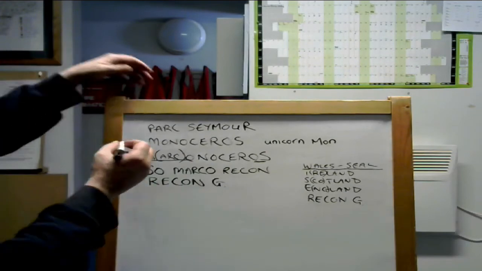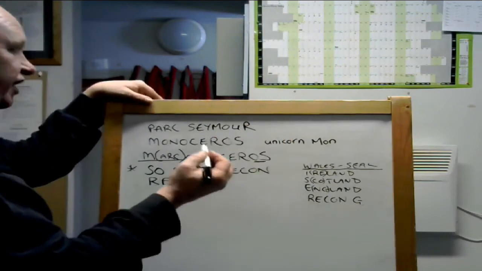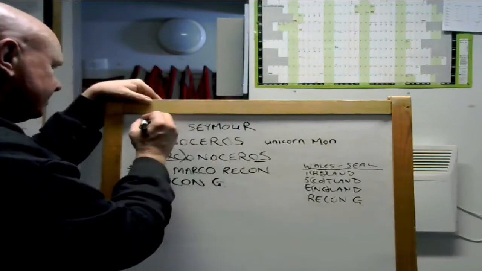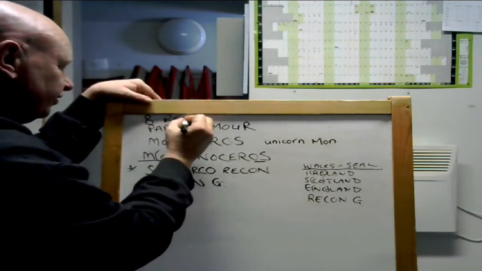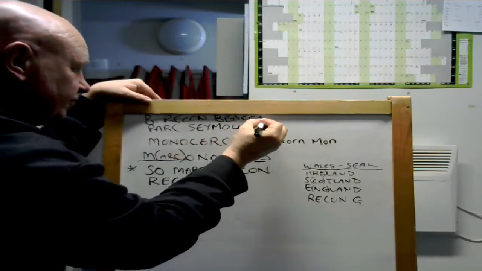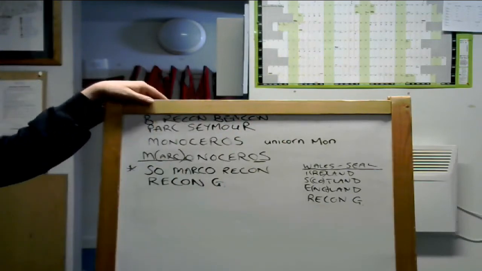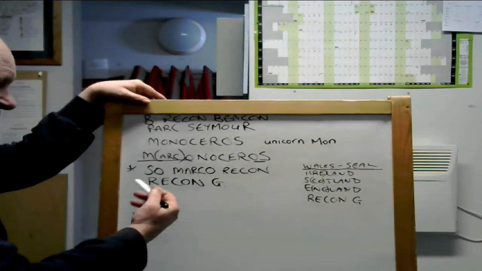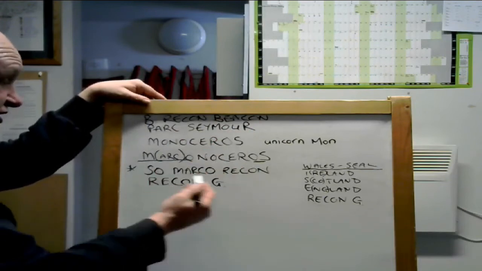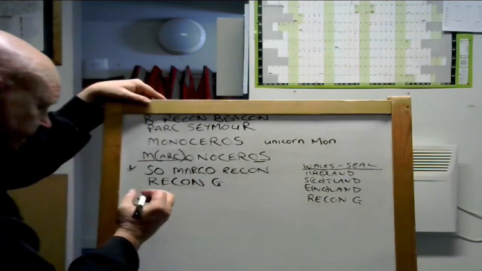Okay, and bear in mind as well, this all started when I noticed that Mount Sinai was actually Mount Sinai and a B Recon beacon. So as well as these, what started all this off is the B Recon beacon, or the Brecon beacon, that Moses followed to get to the Mount Sinai. The Sinai was the beacon shining on the top of the mountain, basically on the Brecon Beacons. So Marco Recon G. So we've got B Recon beacon, so Marco Recon, Recon G, and then obviously you've got Park Seymour. After you've got your slang tone is,